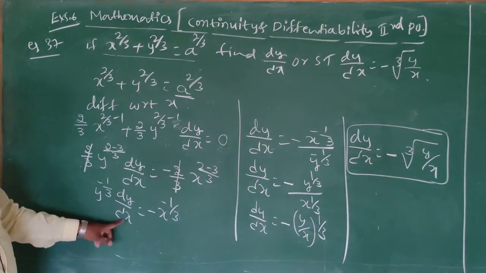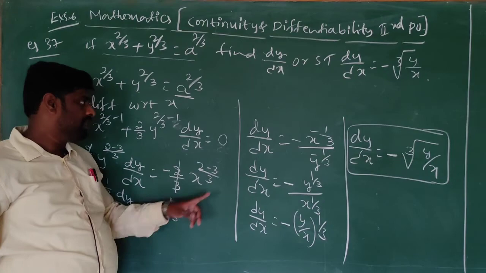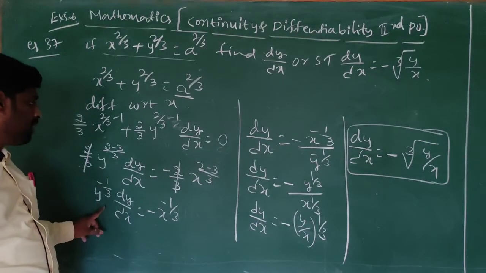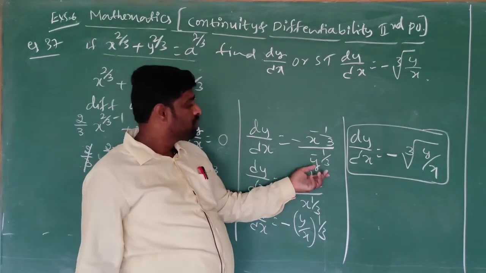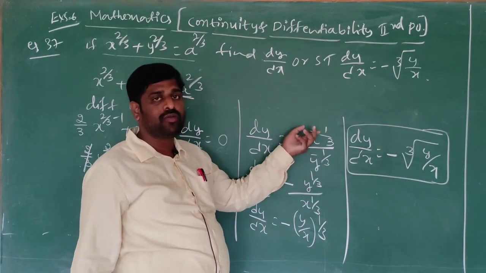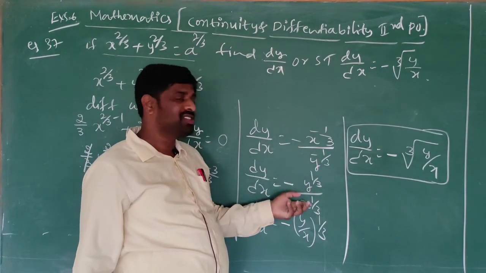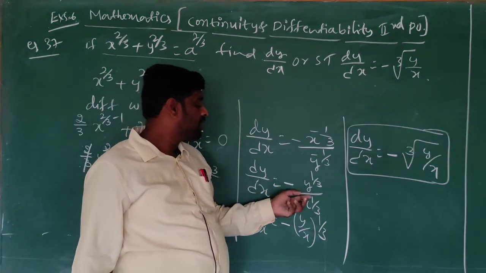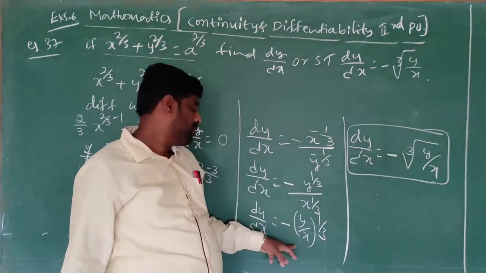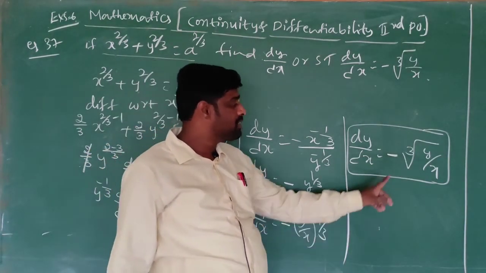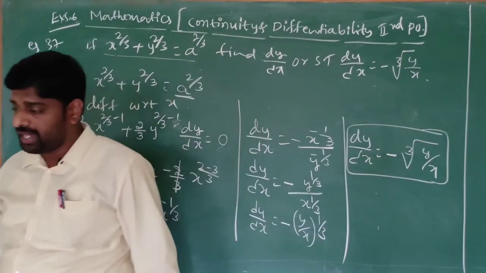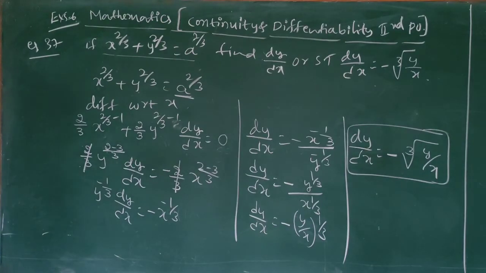So dy by dx is equal to minus x to the power of minus 1 by 3 divided by y to the power of minus 1 by 3. So this one you have to interchange numerator and denominator, it becomes positive. y to the power of 1 by 3 divided by x to the power of 1 by 3, that is (y by x) whole to the power of 1 by 3, that is minus cube root of y by x. Next question is